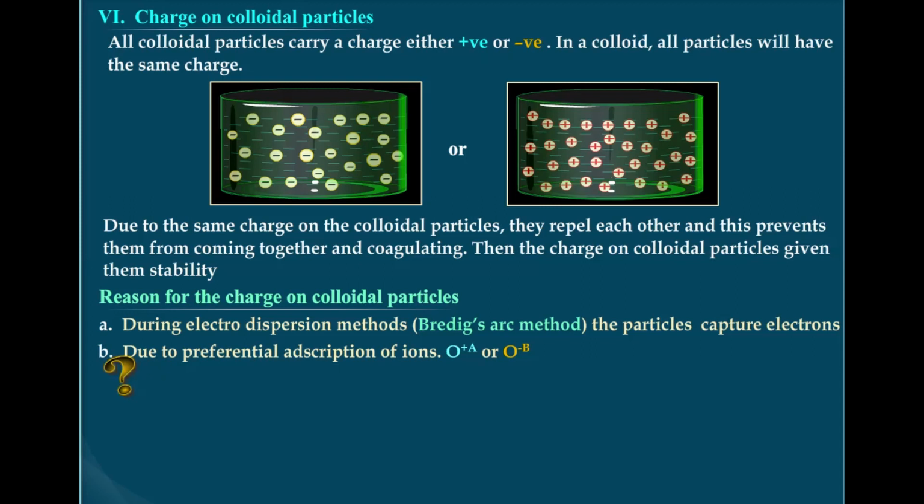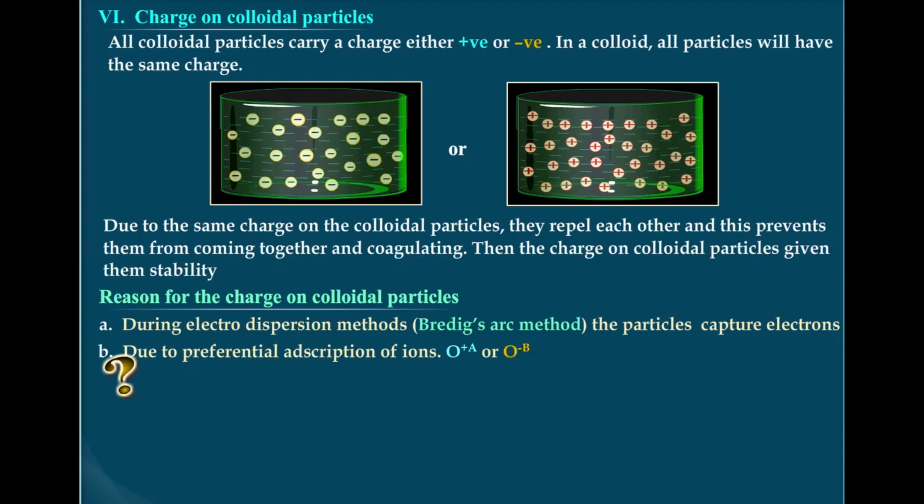So AgI is the precipitate formed. It adsorbs the iodide ion, the same ion, the common ion, and it becomes negatively charged. As a result, that colloid becomes negatively charged. Now the reverse: the first time, silver nitrate solution was added to potassium iodide. Second, reverse it. When potassium iodide solution is added to AgNO3 solution, then a positively charged sol results due to the adsorption of Ag plus ions.